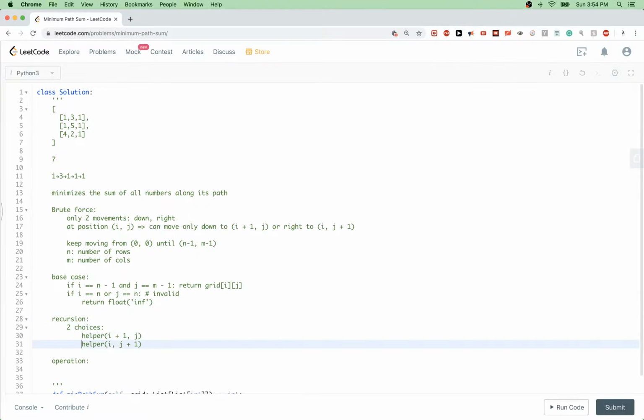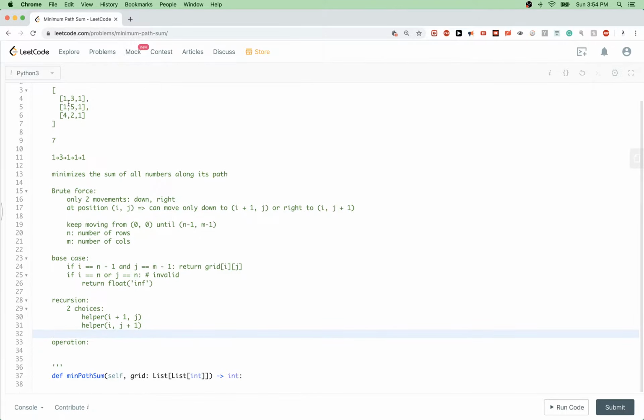Since we want to minimize between them, we can just take the minimum of the two and add it to the grid value. Basically what we are doing is we get to this point and we say to the right one, go get us the minimum path that you can to the right, and once you have that result, I will add my value to you. And we say to the bottom, you also find the path. So we just tell both to go find the minimum path to the destination, and once they come back with the result, we compare, we take the minimum and we add that to